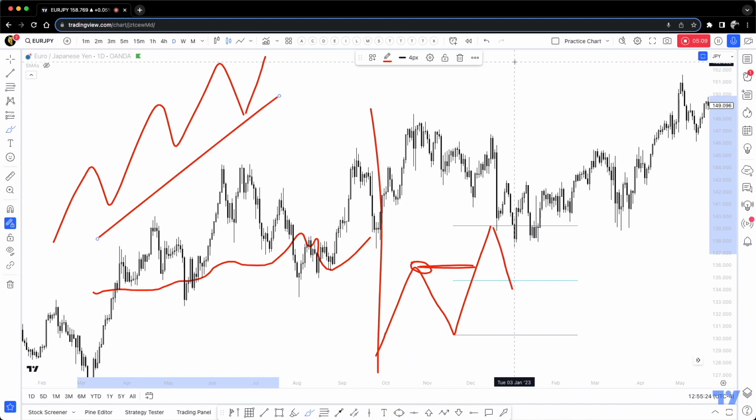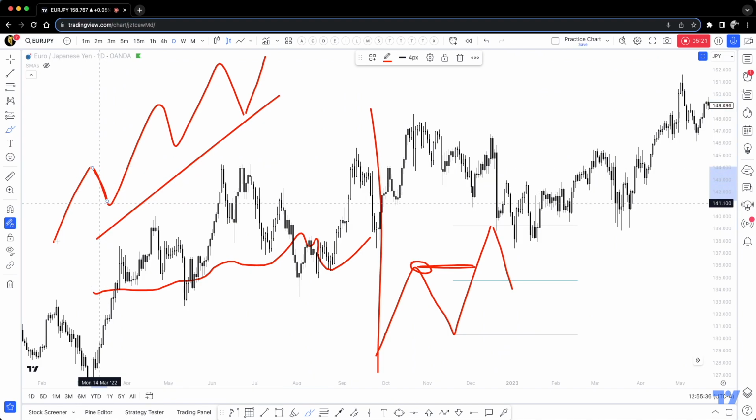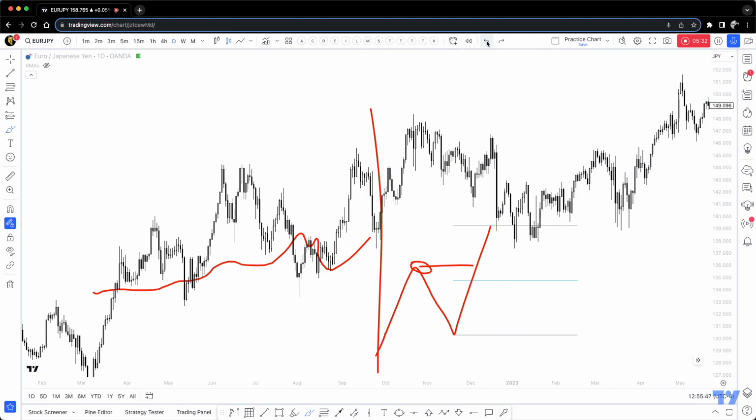You don't have to be a wizard to understand that the market will pull back, or when it's going to be pulling back. That's one thing we don't know, right? When it's going to be pulling back. But we understand that eventually price will have to pull back. This impulse is not going to last forever, right? Otherwise, everybody would be rich, if this sort of impulse would last forever.